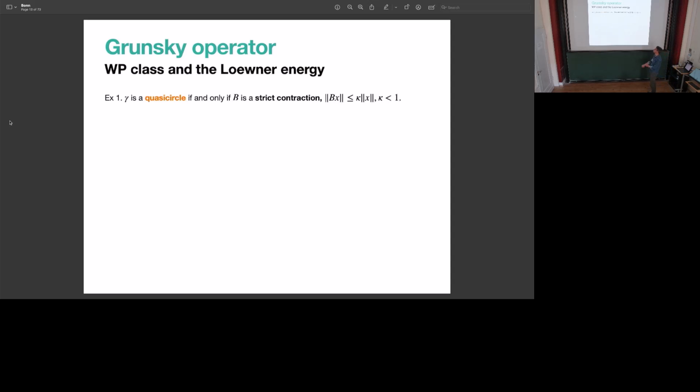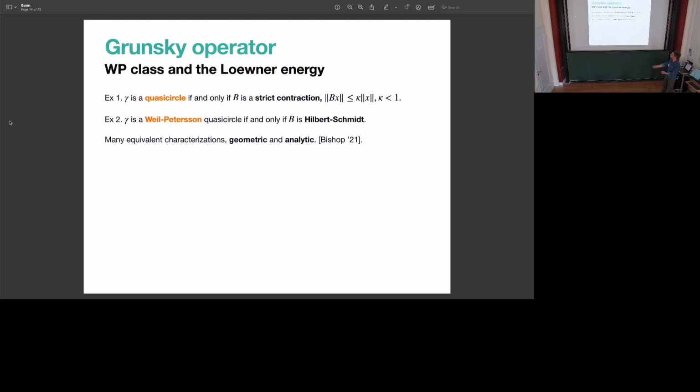This has been known, on some level, I think, to Beurling and Ahlfors in some direction. Certainly Pommerenke. So the second example, there are things in between here, but we can look at